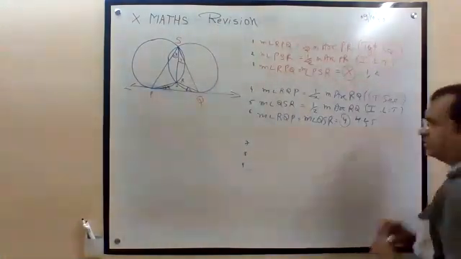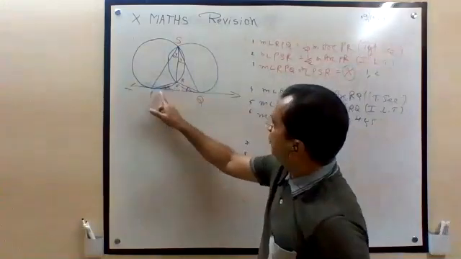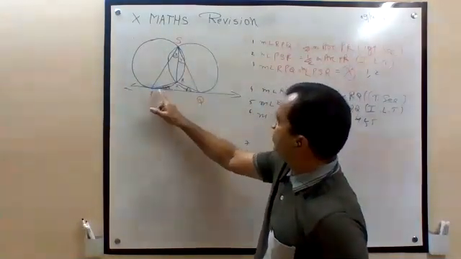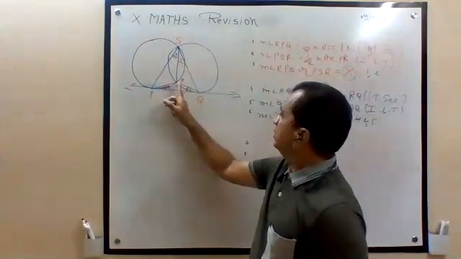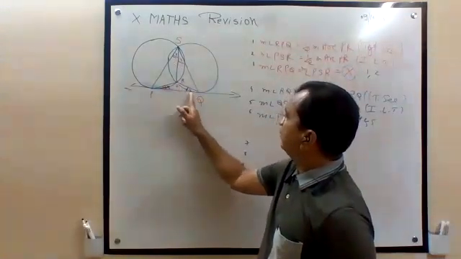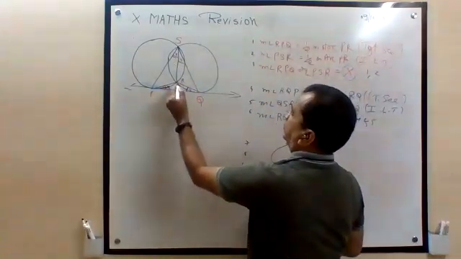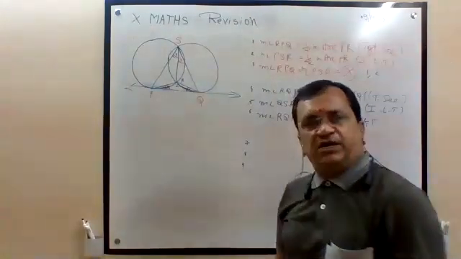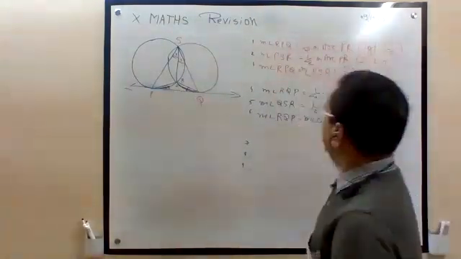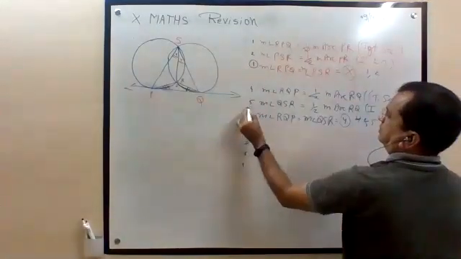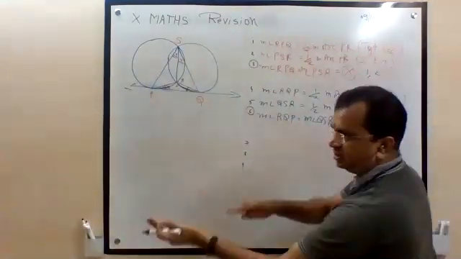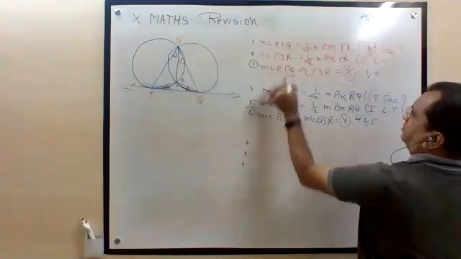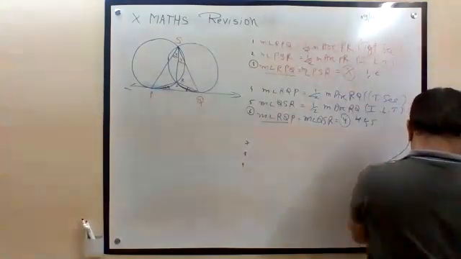This is x. Understood? Same. This is half of this, this is half of this, therefore both are equal. This y angle is half of this arc, and again this y angle is half of this arc. That's why both are equal, because both are half of the same arc. Now third and sixth, left side and right side total, this plus this.